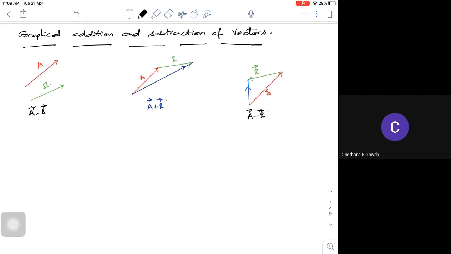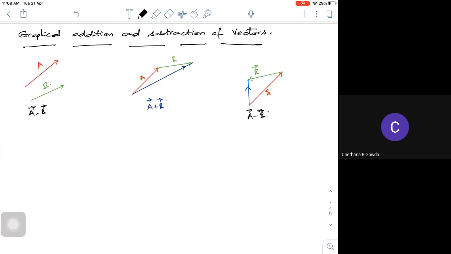So what is the rule actually? The rule is to subtract two vectors graphically. I have taken B in the opposite direction of what it is going. Reverse the direction of B and then do the vector addition. That's all I have done. So the simple velocity triangle goes by this principle.